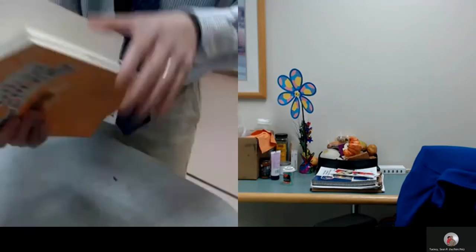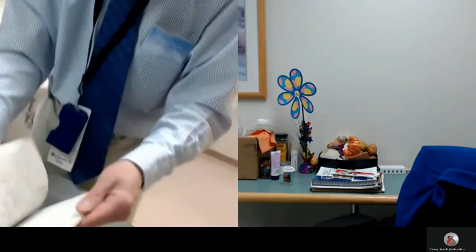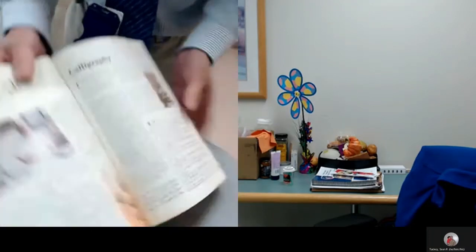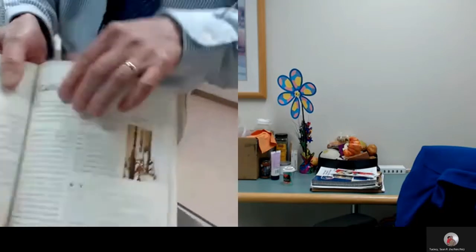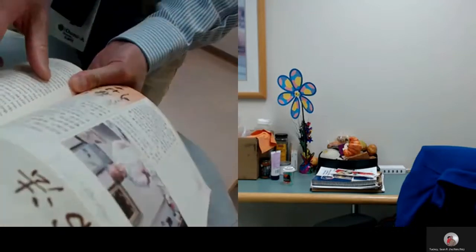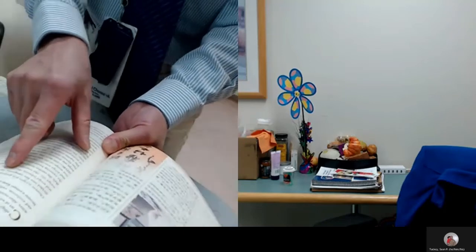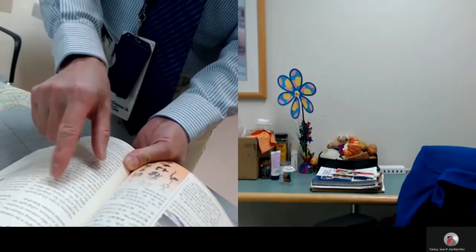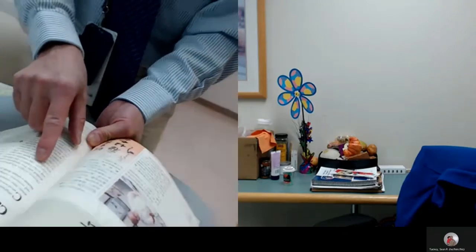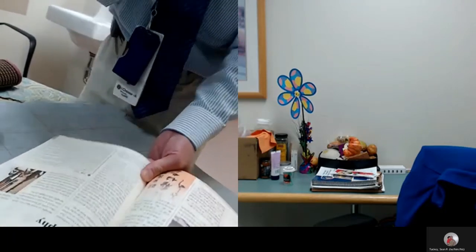So I just wanted to flip to the section where it talks about calligraphy. Okay, and then I'm just going to read it to you. The Chinese scripts are generally divided into 5 categories: the so-called seal script, the official script, the regular script, the cursive hand, and then the running hand. So there are 5 major